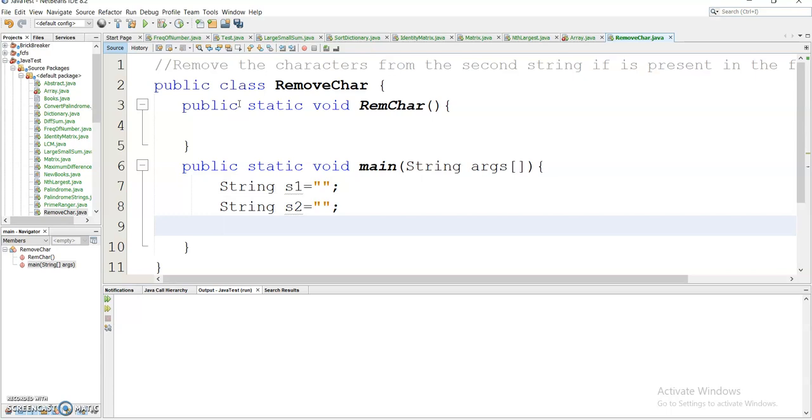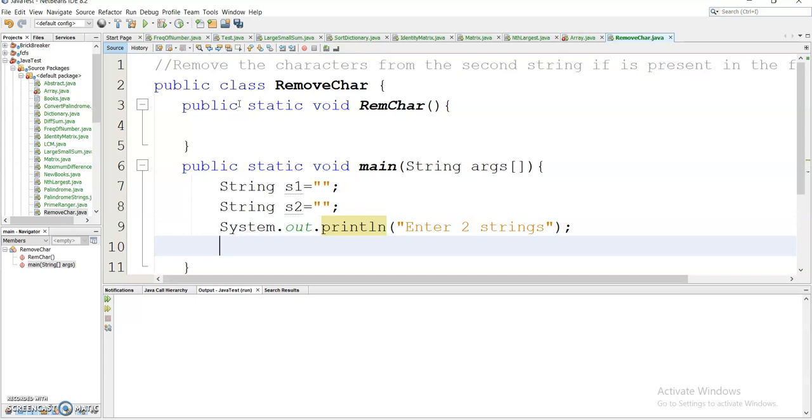And now I will write the print statement, System.out.println, enter two strings. And now I will use a Scanner class to take the input in our strings.